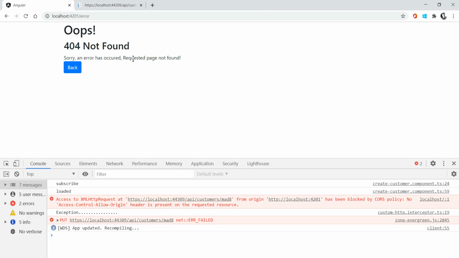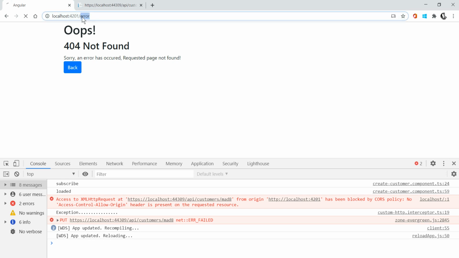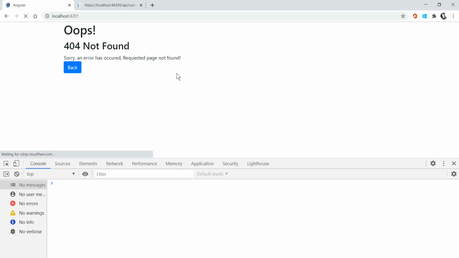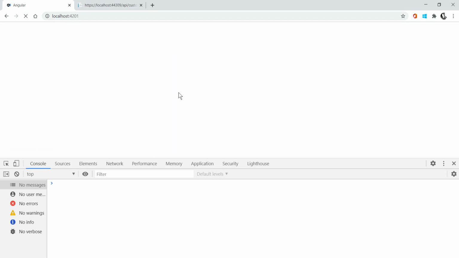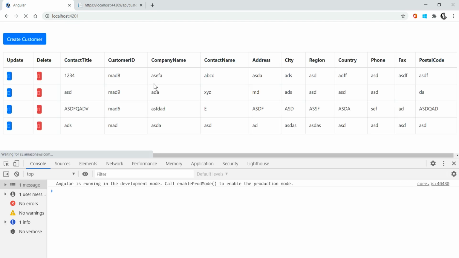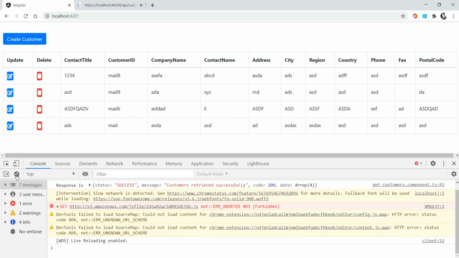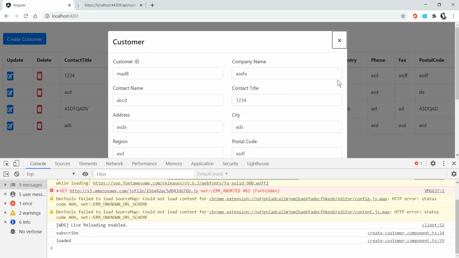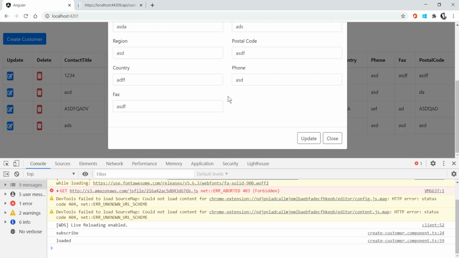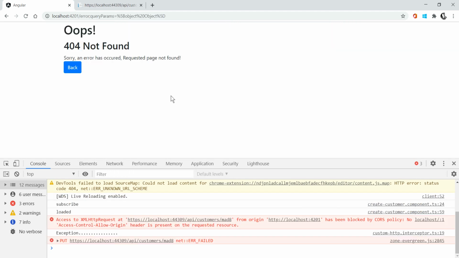So now we can get the message also. As for now, I don't have any message, right? Right now I can get the message also. Refresh that again. Now I'm saving, and now try to update. So I'm updating the record. Update. I'm not getting the exception, so I was able to pass the data.